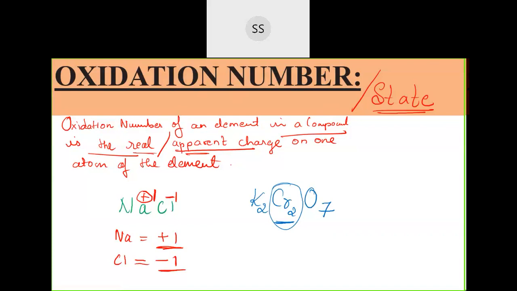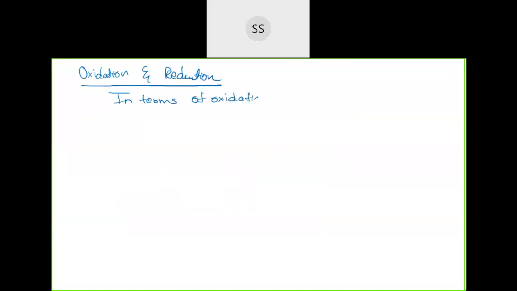What is oxidation number? Whatever charge that element carries, that charge is called the oxidation number. Before we go to the rules for calculating it, let me tell you the definition we give in terms of oxidation number, for oxidation as well as reduction, before I go for the calculation. So let us understand that also. We are understanding the definition of oxidation and reduction in terms of oxidation number.